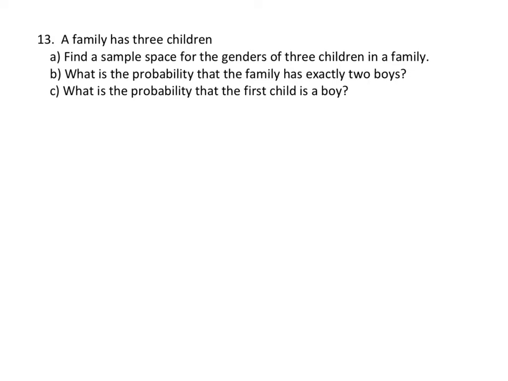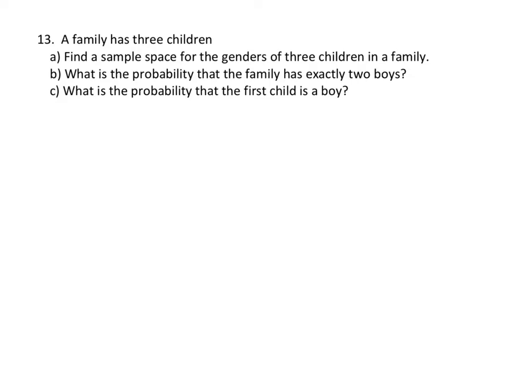Okay, a family has 3 children. The first thing we want to do is find a sample space for the genders of the 3 children in a family. What is the probability that the family has exactly 2 boys, and what is the probability the first child is a boy? Okay, so in order to do this problem, the first thing we're going to do is